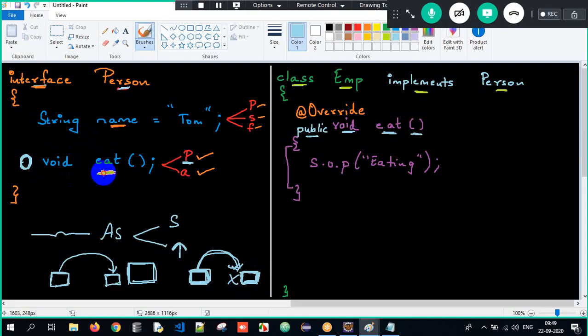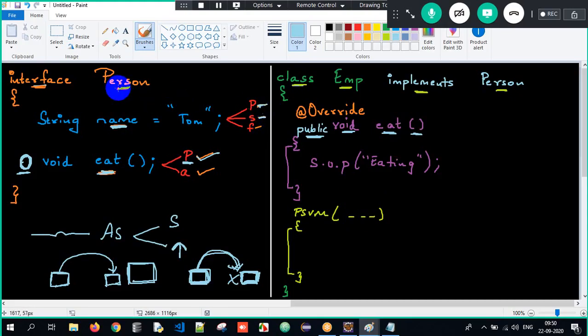So here automatically the eat method's access specifier is public, implicitly. While overriding, I have to retain it as the same or increase its visibility. That's the reason we will get a small error here. I'll show it to you practically, don't worry. And then I will have my main method, wherein I am supposed to access the data. If I want to access this, name is public. Public means everyone can access.